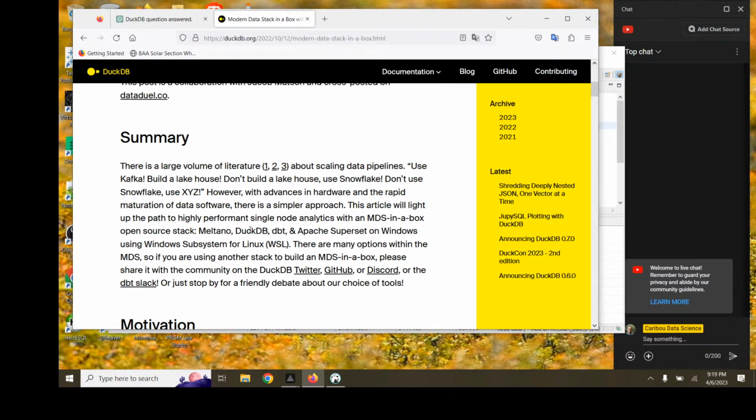There is a large volume of literature about scaling data pipelines. Use Kafka, build the lakehouse, don't build the lakehouse, use Snowflake, don't use Snowflake, use XYZ. However, with advances in hardware and the rapid maturation of data software, meaning as the software continues to mature, it's more stable, there is a simpler approach. This article will light up the path to the highly